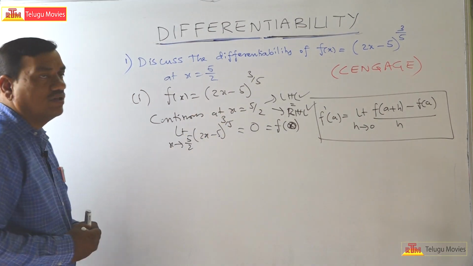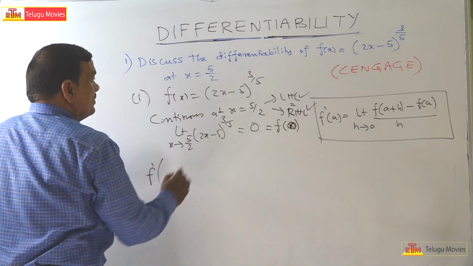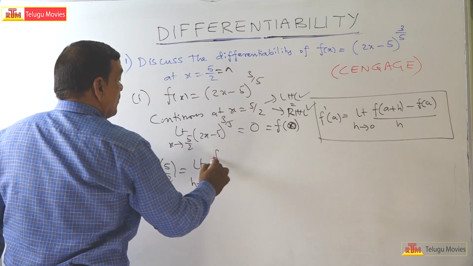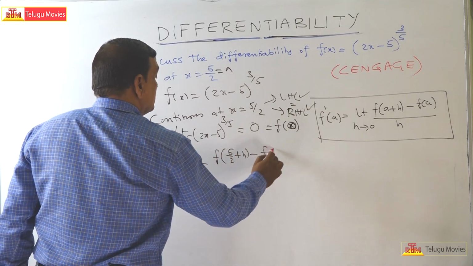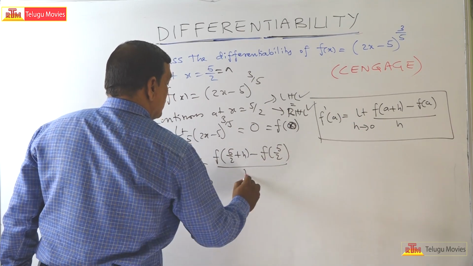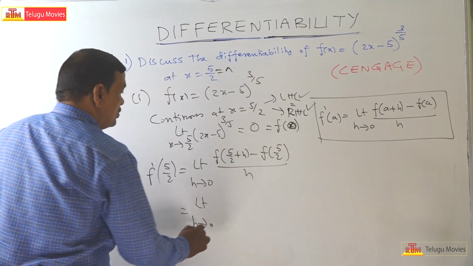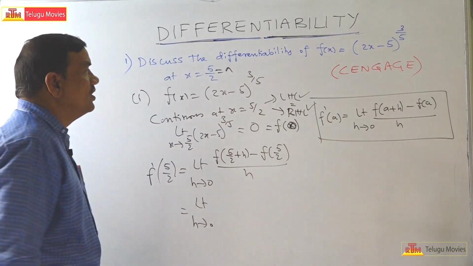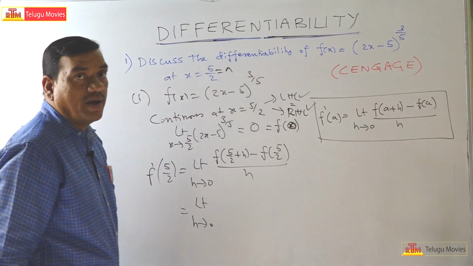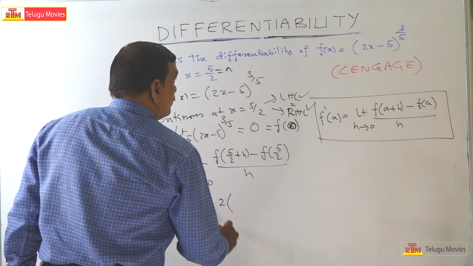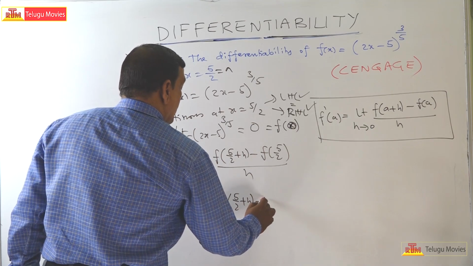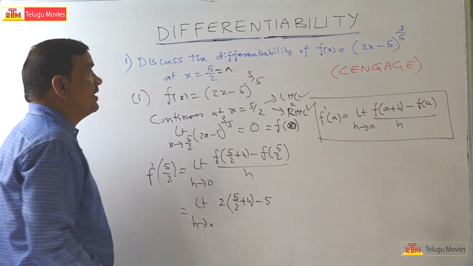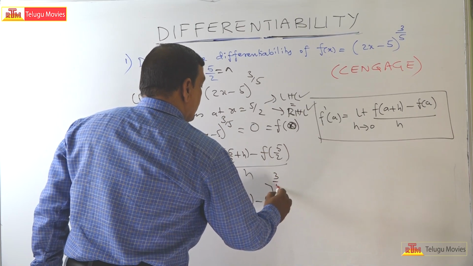Let us first find the right hand derivative. f'(5/2) is equal to the limit as h tends to 0 of [f(5/2 + h) - f(5/2)] / h. This is the limit of f(5/2 + h), where wherever x is there, we substitute 5/2 + h. That is 2 times (5/2 + h) minus 5, whole to the power of 3/5, minus